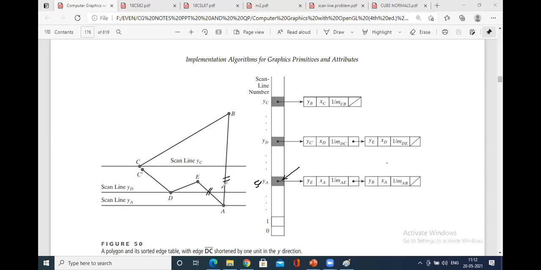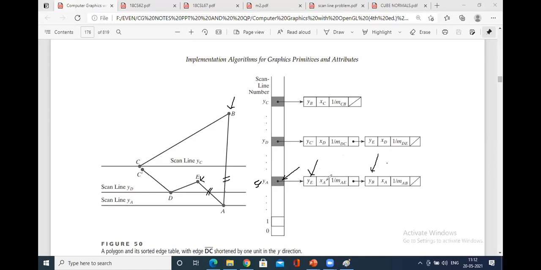So what is the Y value at this particular point? At this point and this point, see how to write this data structure. This is very important. There are two edges that pass through this A, that is AE and AB. So what is the value of Y at this point and at this point? That is YE and YB, no? So same thing, you have to write YE, one data structure, YB,